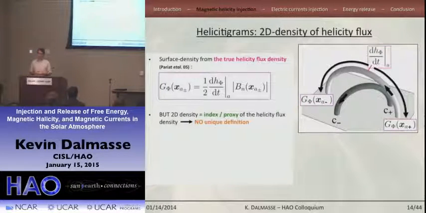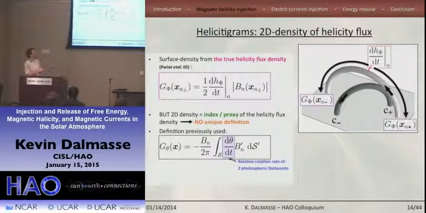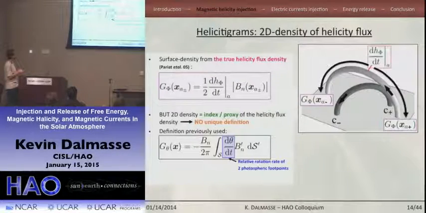So the problem is that a surface density of helicity can only be a proxy of a true helicity density, which is defined per magnetic field lines. And because of that, there is no unique definition of a surface density of helicity. And so there is another definition, which is usually used in observation, G theta. What this equation is showing is that G theta computes the helicity flux in terms of rotation of magnetic polarities. So in terms of rotation of C minus with regard to A minus, C plus, and A plus, for instance.